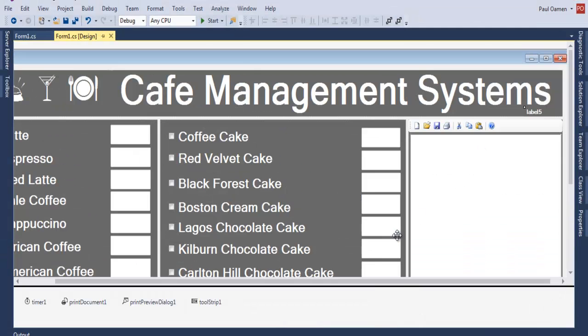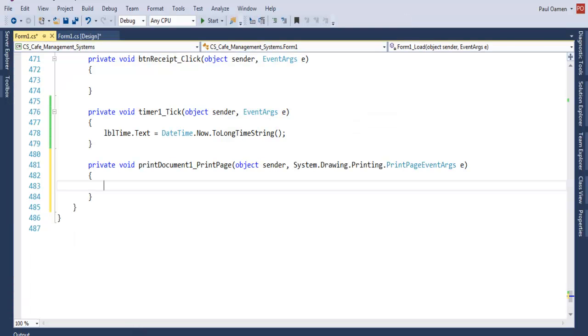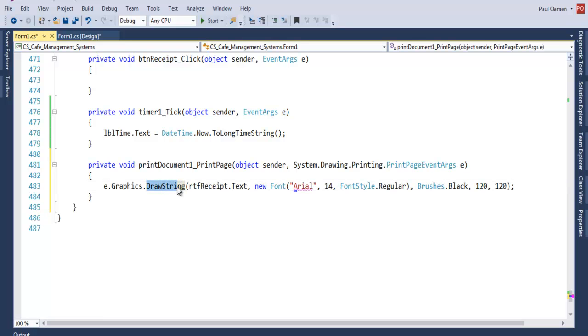So the first thing we need to do is, let's double click on this object, print document. Double click on the print document and we enter as follows. I'm calling this method, and that is my object there, and the new font that I intend to use is Arial 14. You can change yours to whatever, and that is it. But notice please, when you are using this you must get e.Graphics or else it's